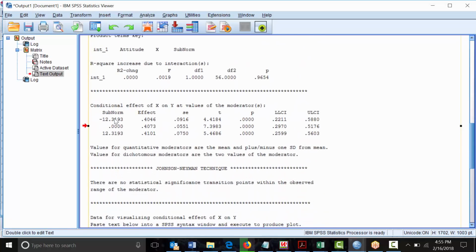So it blocks out subjective norms in terms of 3 different levels, and then it looks at the slope that would be associated with attitude for each one of those different levels. And what we see is that each one of these slopes is about 0.41. Okay, so just like with any ANOVA,